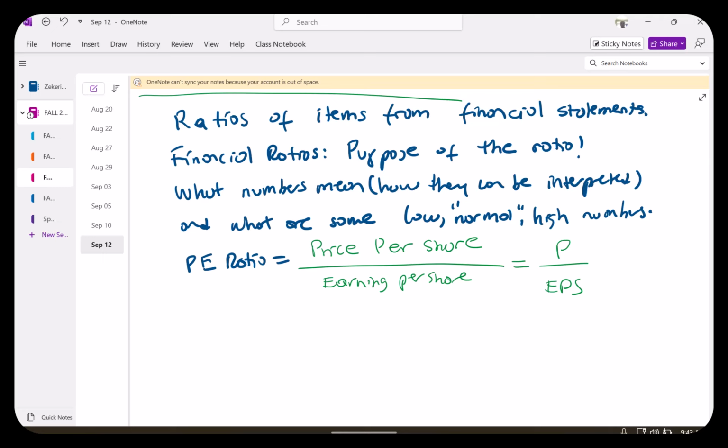Suppose I told you a story. What if you could assume that earnings per share is going to remain the same ad infinitum? Then PE ratio tells you how many, remember that EPS is earnings for 1 year. That EPS can be interpreted as